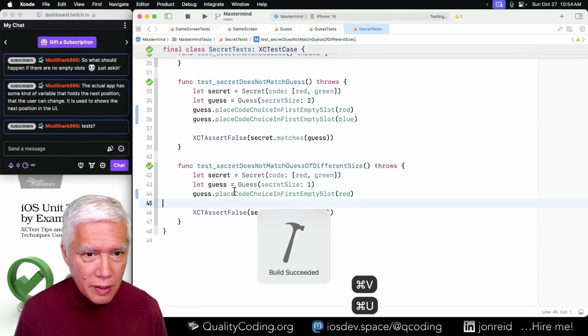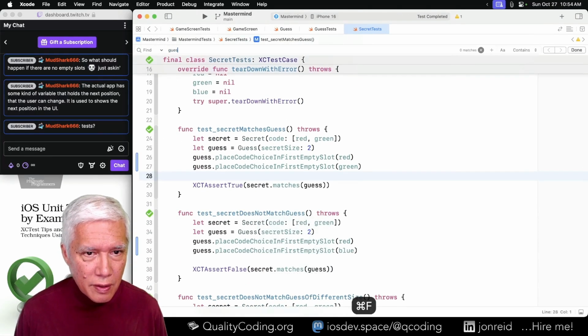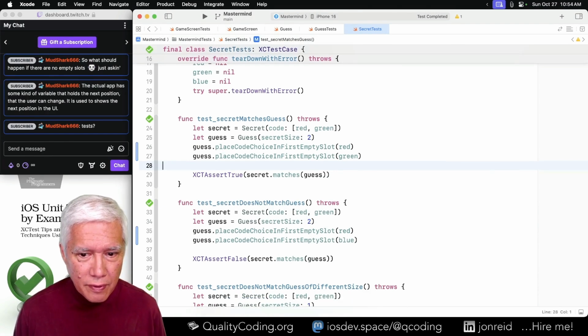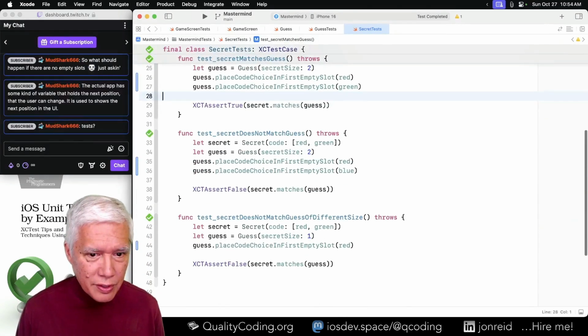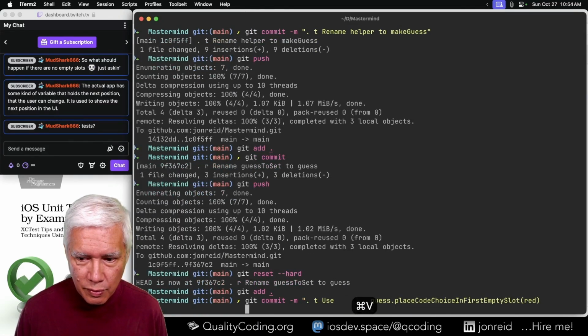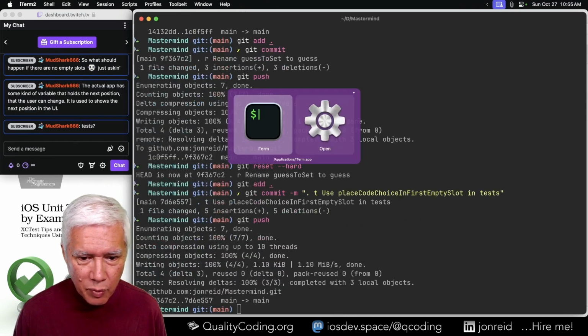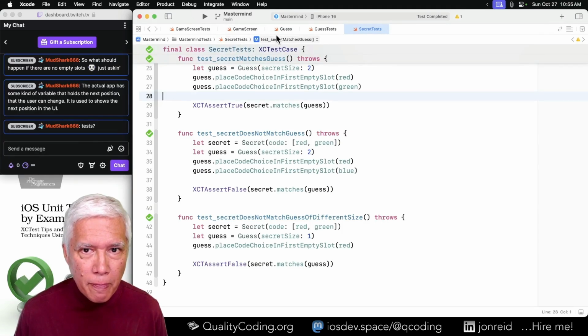That is red. So that is progress. Let's use, oops.